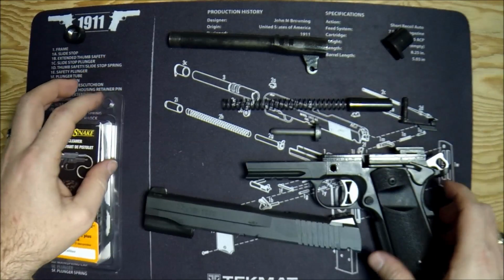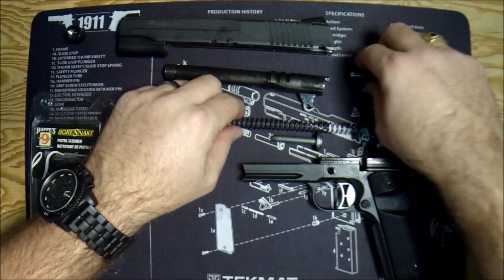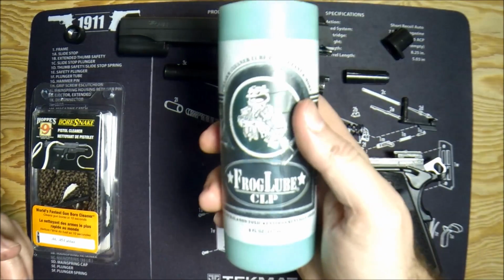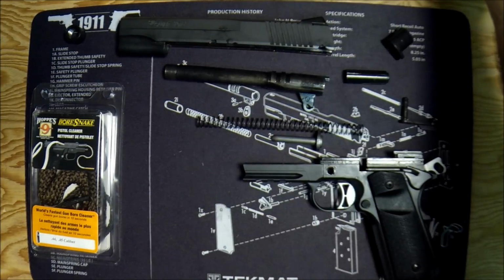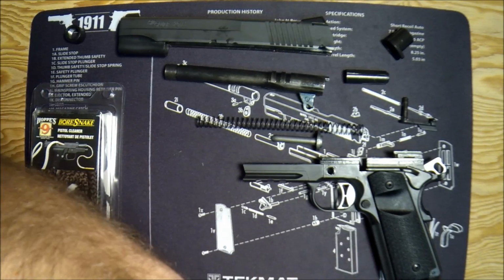And you'll notice mine's kind of shiny because, like I said, I've already done this to this gun after I've shot it. I tend to do this, but no harm in doing it again. So, again, stage one, it's pre-frog lubed already. And I'm going to keep it on hand just to kind of throw some extra lube on some spots that might need it as we go. But the first step in cleaning is